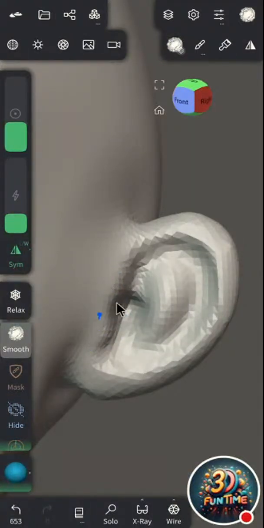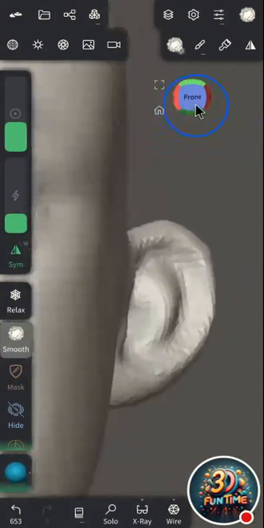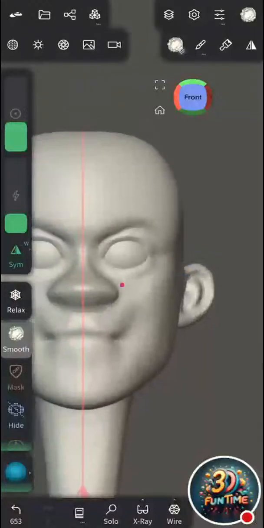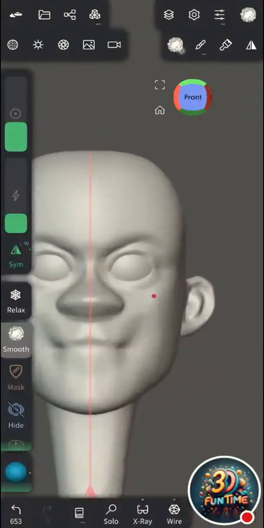Now let's check it from the front view. Now it's looking like an ear. Now as you can see here,